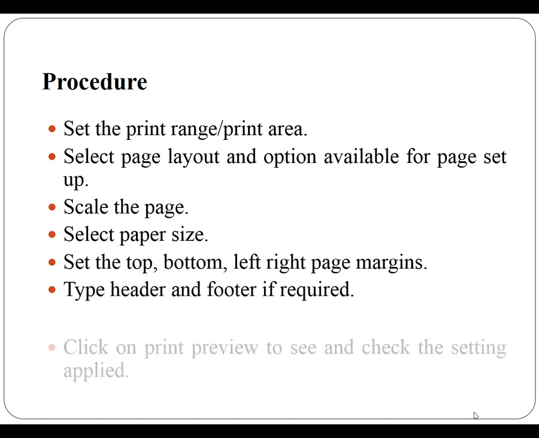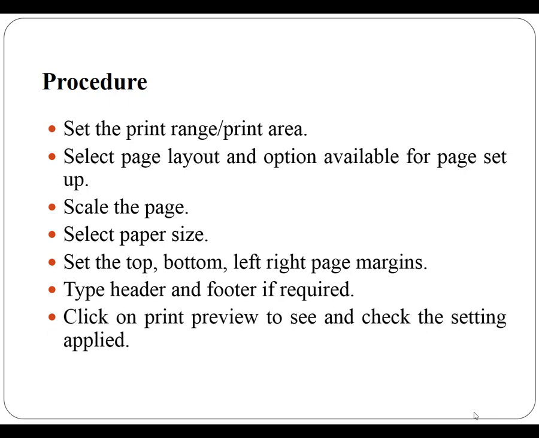Choose various options related to the sheet, like choosing the rows to be repeated at the top of every page or choosing columns to be repeated at the left of every page. You can select the options to include or exclude the grid lines on the sheet. Also, you can select the desired page order. Once all settings are done, click on Print Preview to see and check the settings applied. If settings are as per plan or instructions, click on the Print OK button to get the print on paper. Otherwise, go for modifying or applying the desired print settings as per your instructions.